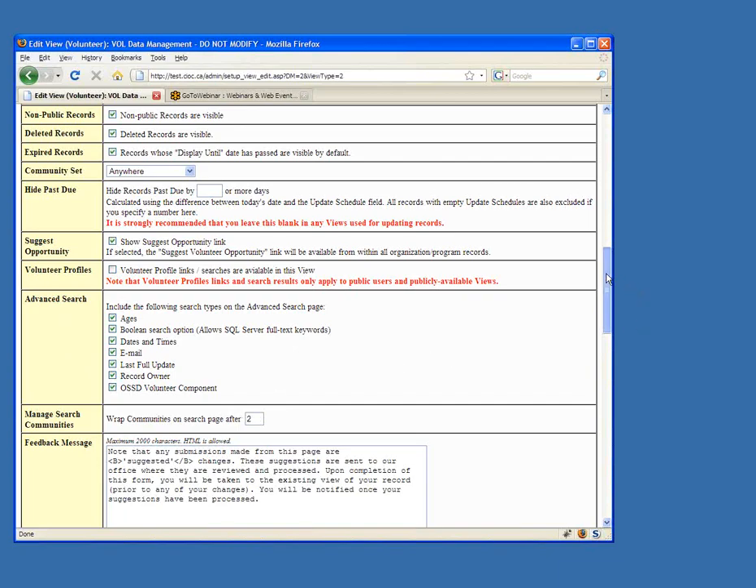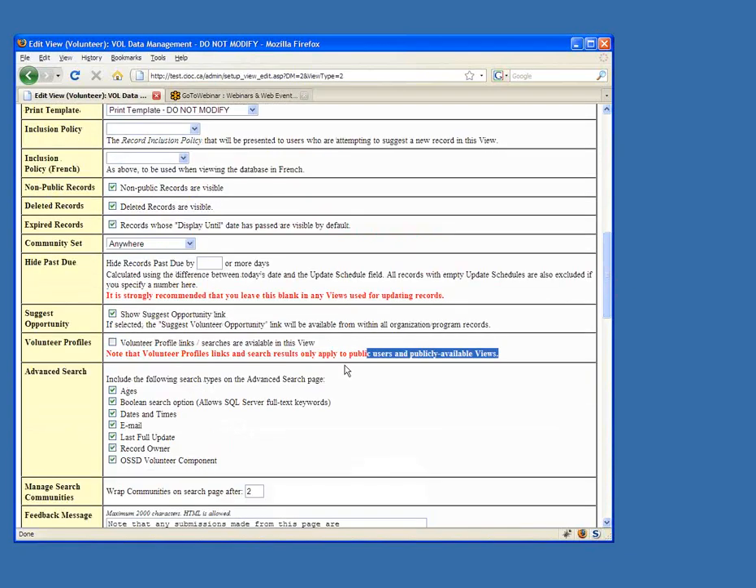While I'm here, although we will cover this later, you will have a volunteer profile option in your views. That is another view setup item that you need to be aware of. You'll notice here in red, it says, note that volunteer profile links and search results only apply to public users in public views. So if I were to add the volunteer profile setup information to a data management view, it would just be ignored because the volunteer profiles are intended for the public,